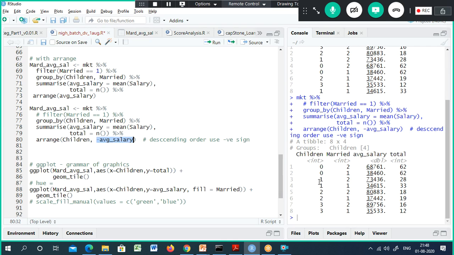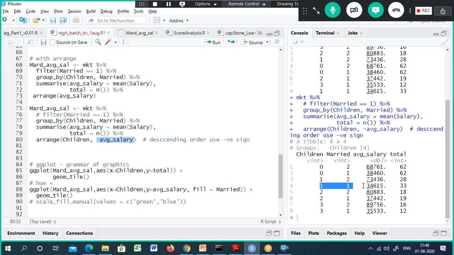Look here, two 1s are there. This customer, the 2, is a married customer, and those have 1 kid. Married people have one kid, and unmarried people also have 1 kid, so kind of living together.